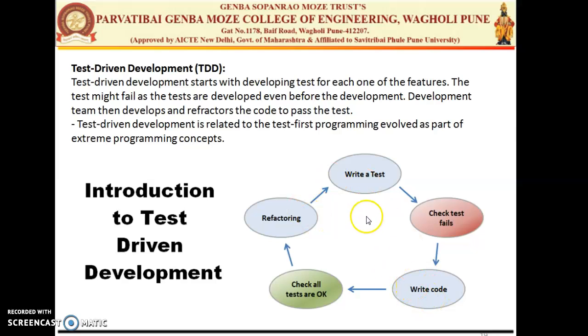First the test is written. So first we write the test, we run the test. If the check fails, then we have to refactor the code. We have to write the code again. Again we have to test. Again, if the test fails, again we have to write the code until and unless the test is passed. When the test is passed, we have to merge and again start with the next feature. We take the next feature and again write a test for that particular feature. Again the same things happen in a circular manner.